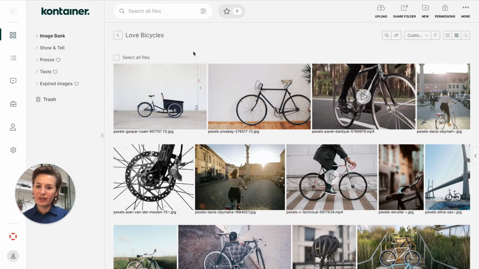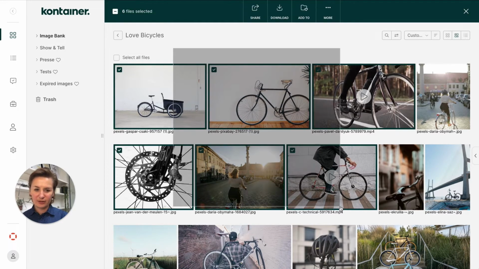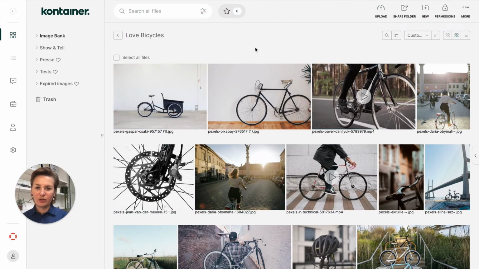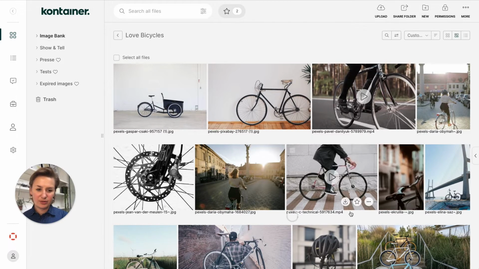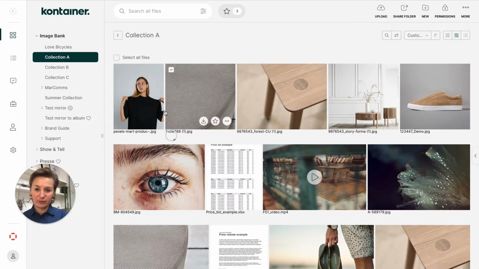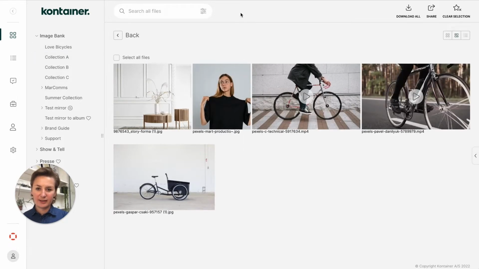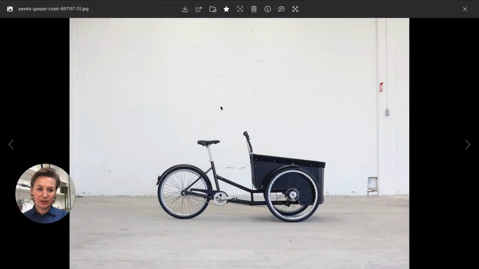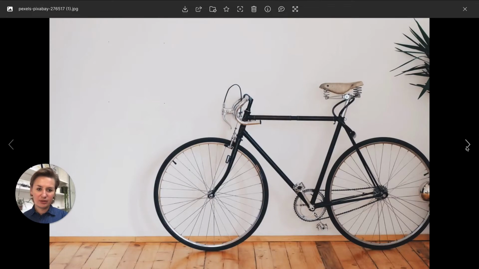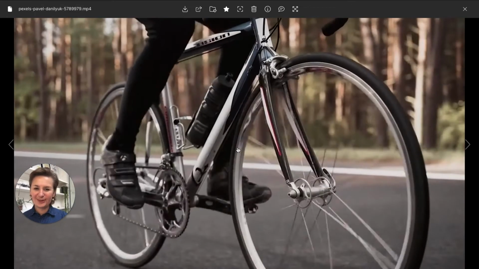Inside your folder, there are different ways to select files. You can simply drag across here and make a selection, or you can use this little star icon to choose some different items, potentially also from different folders, like this one and this one. And then you'll have a collection up here that you can access. You can also open an image in full screen and then tab across the rest of the items in your folder. You can preview video.